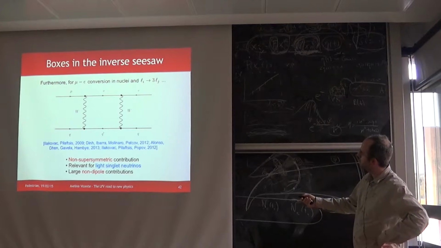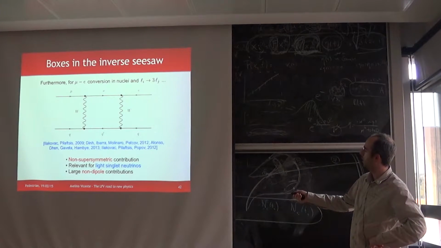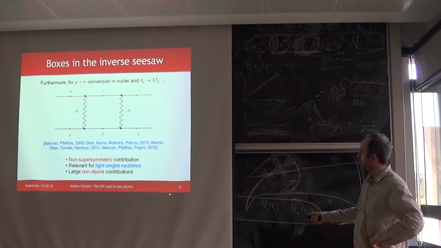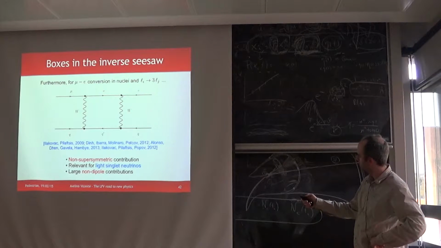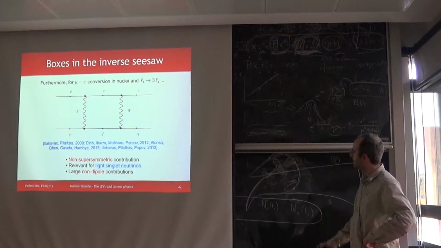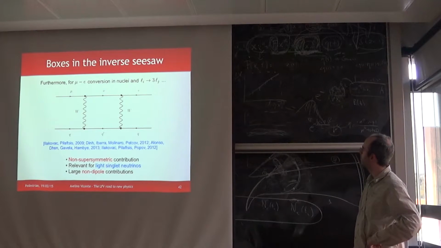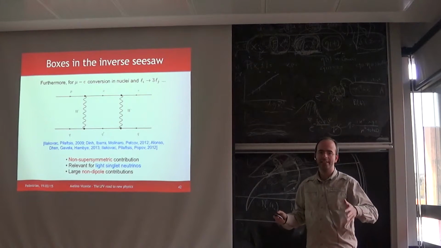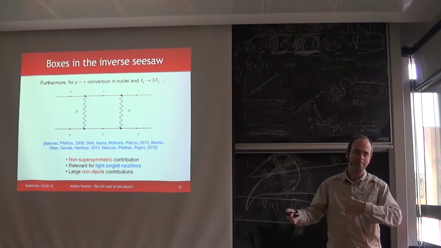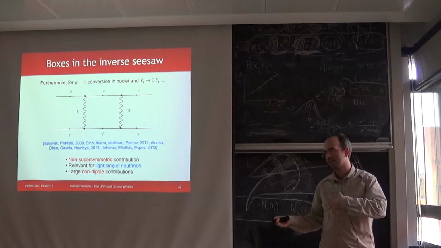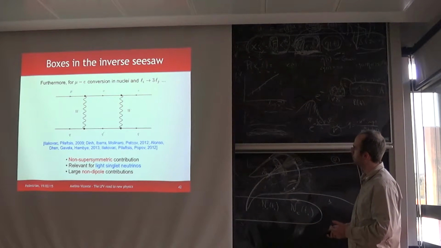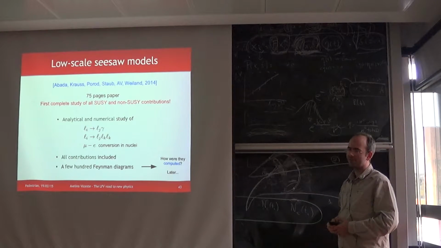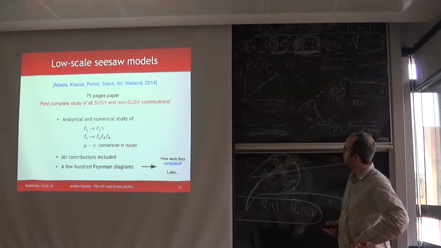And this could lead to processes like mu2e conversion in nuclei. Here you have the nuclei, these are the quarks in the nuclei. And this has been discussed by many authors. This is something that has been discussed in much detail recently. However, to make a long story short, let's say that there were different papers claiming slightly different things, and there were some confusions. So we decided to solve the problem once and for all, and we did a very